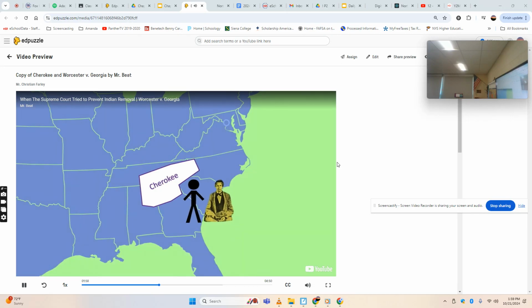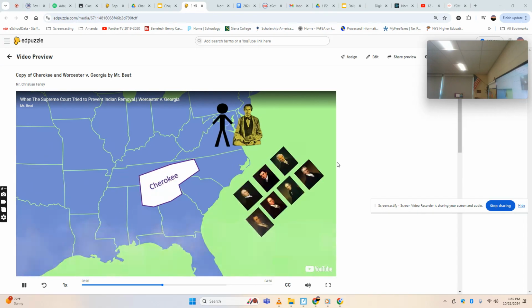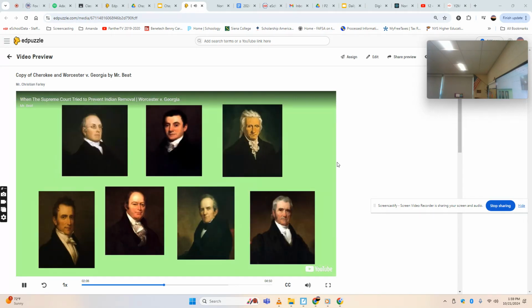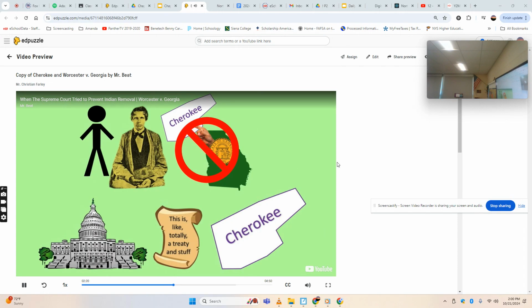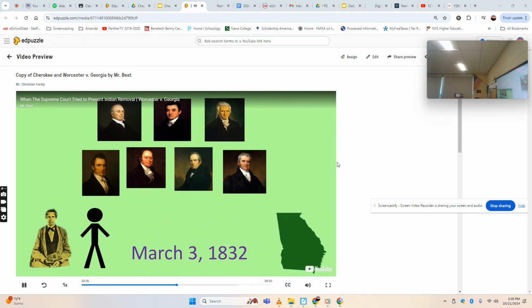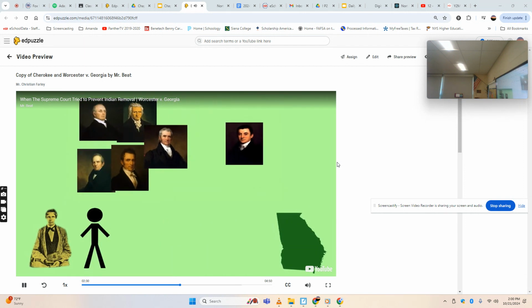Wooster and Butler appealed the decision with the help of lawyers paid for by the Cherokee Nation, and their case ended up going to the Supreme Court. The court heard arguments in February 1832. Wooster and Butler's main argument was that the government of Georgia, by making laws that allowed it to force the Cherokee Nation to do whatever it said, was unconstitutional because only Congress could make treaties and deals with Indian tribes. On March 3rd, 1832, the Supreme Court announced it had sided with Wooster and Butler, voting 5-1 in their favor.